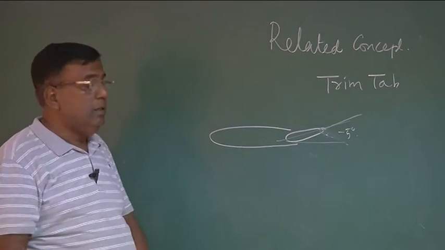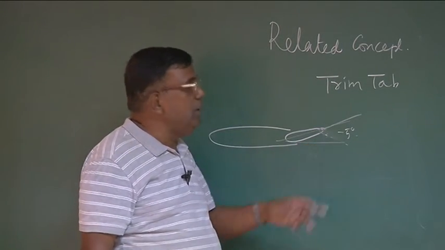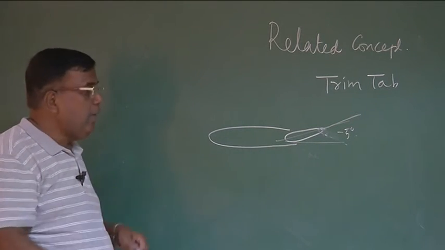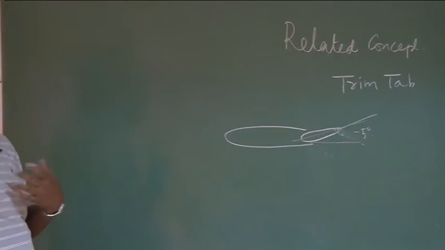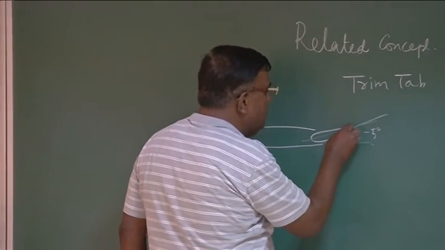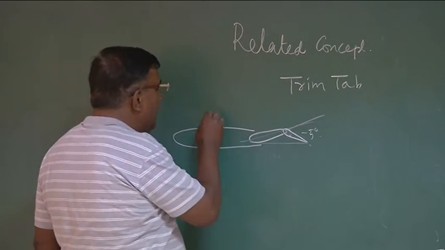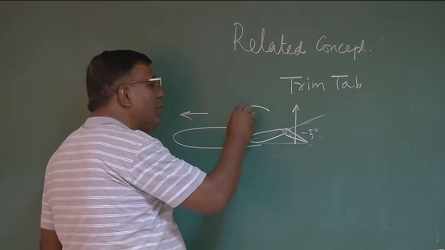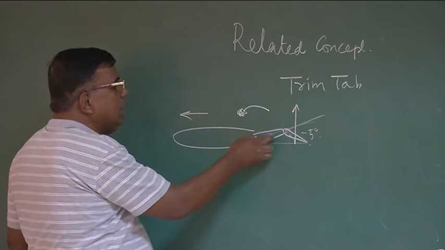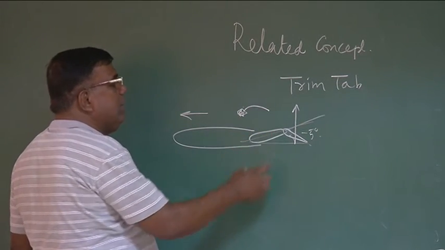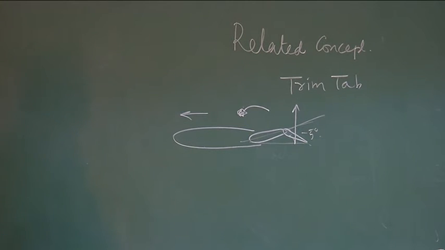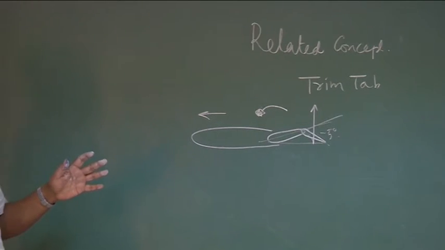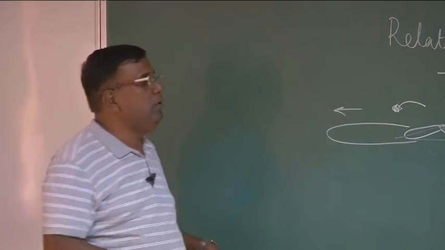So pilot will get tired. And how is this maintained at -5°? Major contribution is the force applied on the stick. So the stick, there is a moment. So what is done to give a relief to the pilot? You put a trim tab, and the trim tab should deflect like this. And as we are moving like this, you could see that trim tab will generate a force in this direction, and that will give a moment like this, which will keep on holding the elevator at a particular desired angle. And now once the pilot sets that trim tab, then pilot can leave the stick, and we say it's a hands-off flying. Right? That is the beauty of trim tab.